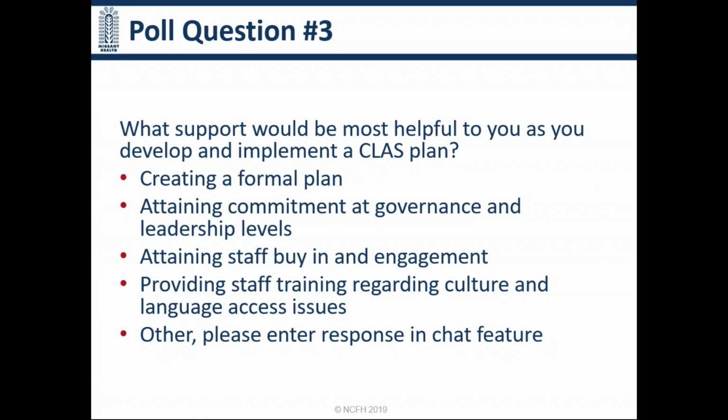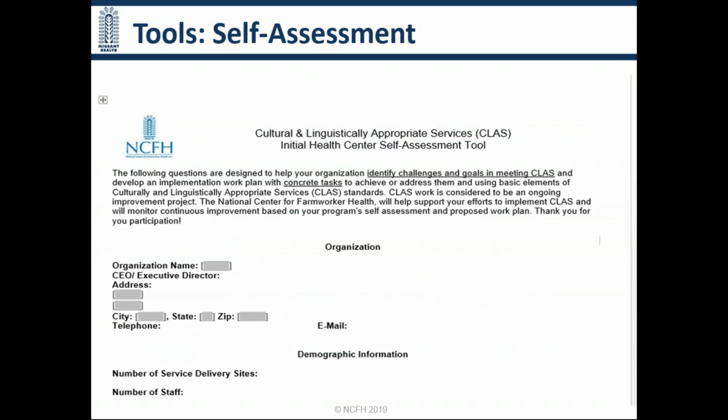And as part of one of the tools, we'll talk a little bit about the tools that are available to you. The self-assessment, as mentioned previously, you need to know what you're doing already, because without a doubt, we know that class is being addressed somehow. Maybe it's not being documented, you know, like in a plan. So the self-assessment is a tool that was designed to be easy to use, practical, and short. We know you're really busy, and so this is a way for you to find out what you're doing around class so that you can see where there's room for growth, right?